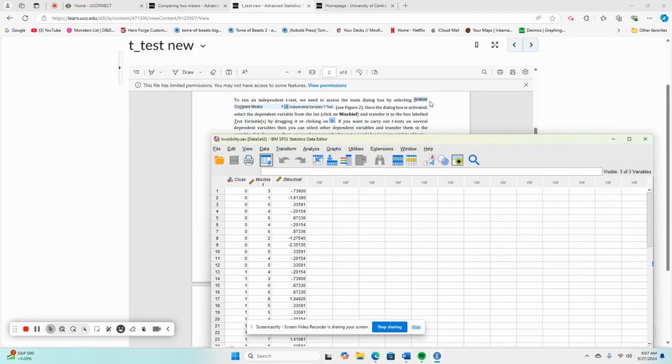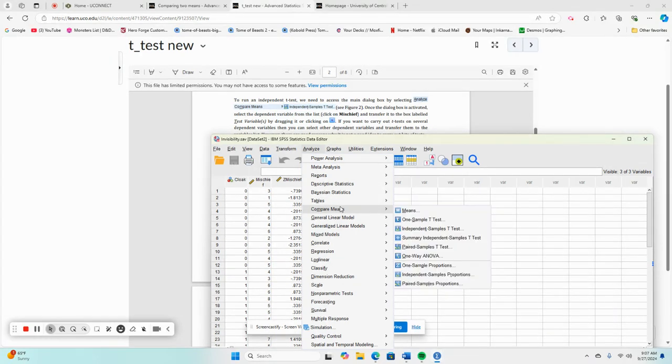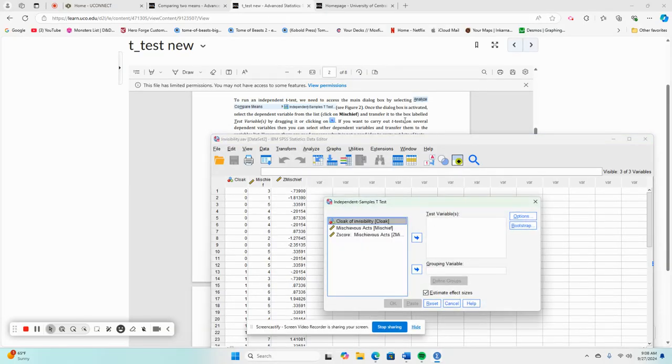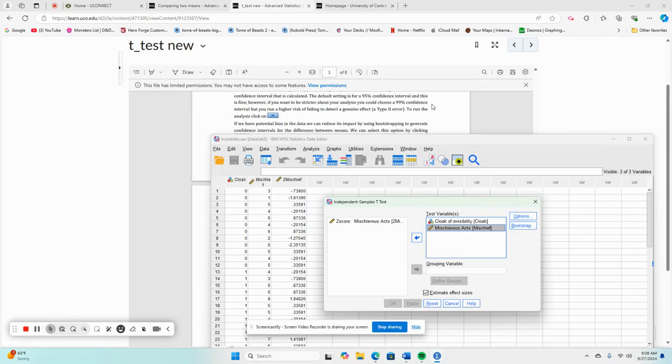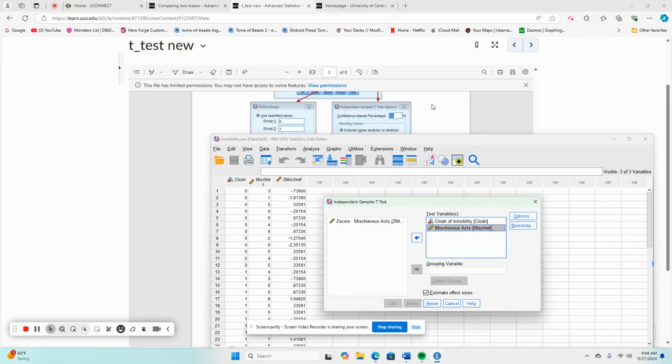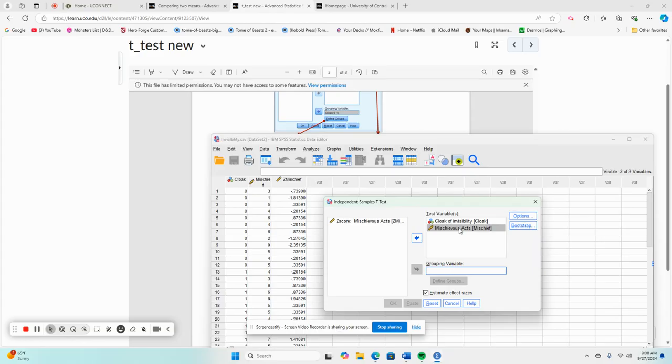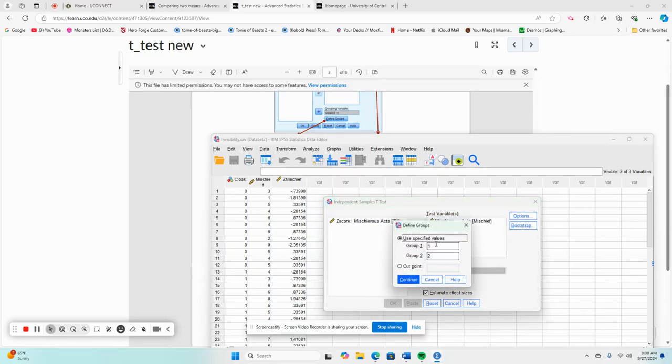following along with the instructions, you need to start by going to Analyze, Compare Means, and then going to Independent Samples t-test. Go to this. Now, once you do this, you will move both of these over here. Then you have to pretty much define your variable. So if you take this, put it into here, you'll define groups, and you're going to make these 1 and